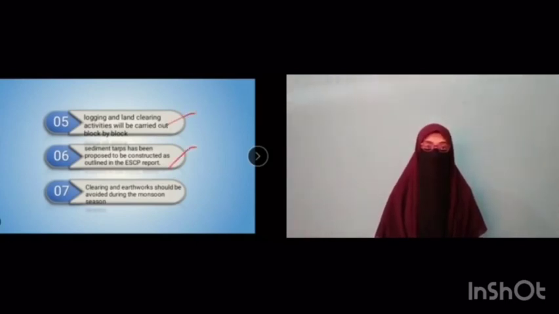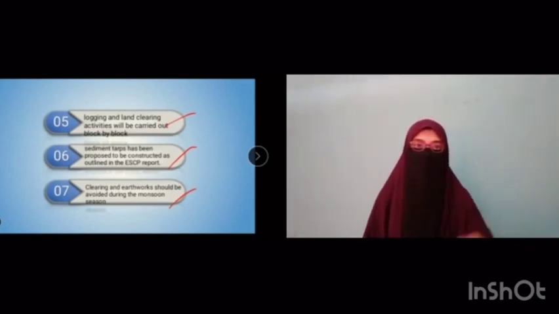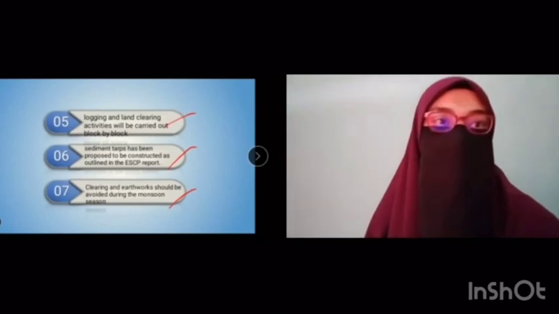Number 6. Several sediment traps have been proposed to the constructor during the development of this project as outlined in the EMP report. And the last one is that clearing and earthwork should be avoided during the monsoon season to minimize soil erosion problems. So there are 7 principal findings and recommendations for our project that I mentioned.